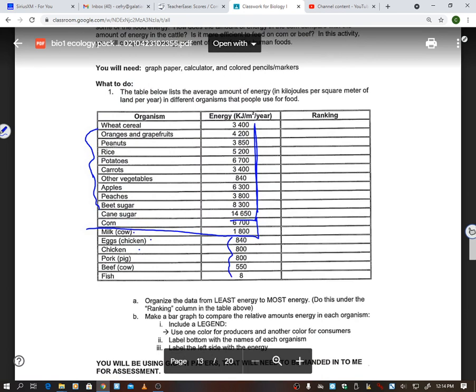So say the chicken are eating grains. Those grains got energy from the sun, but it didn't get all of the sun's energy, right? The sun has 100% energy. And then the grains take some of that energy, but then the grains use some of the energy that it gets, and then the chickens eat the grain, and they get whatever energy's left, and then I finally eat the chicken, so I'm getting less there. Okay, I'm not saying that you're not getting energy when you eat meat, like you are, but just not as much. So, there is that. And we're not talking about weight or amounts of food. I'm talking about just pure energy.